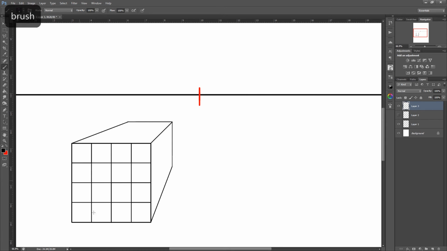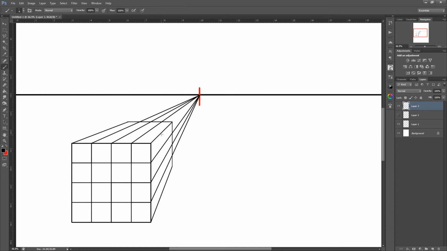I'm just going to show you how we can use this front plane that's already subdivided and use this to divide the side and top plane. So first thing we can do straight away is go from these corners and drag these back to the vanishing point. And the same for the top. Like so. Now again, the problem here is getting the vertical lines. You can just guess and hope for the best, but if you want to get these accurate,